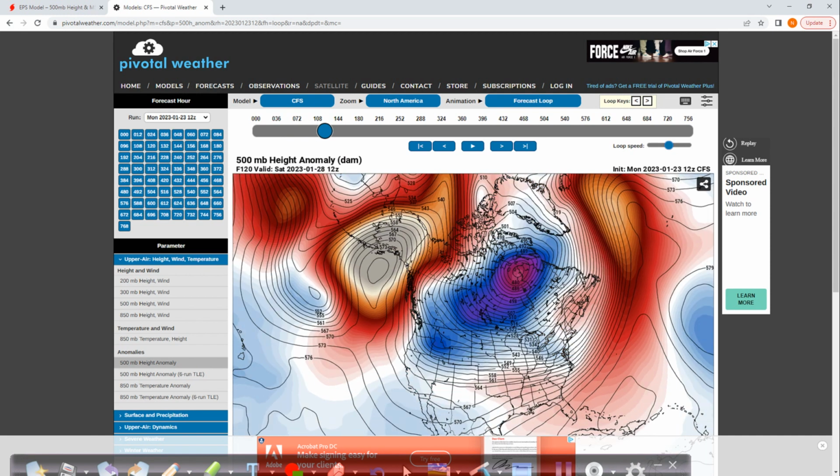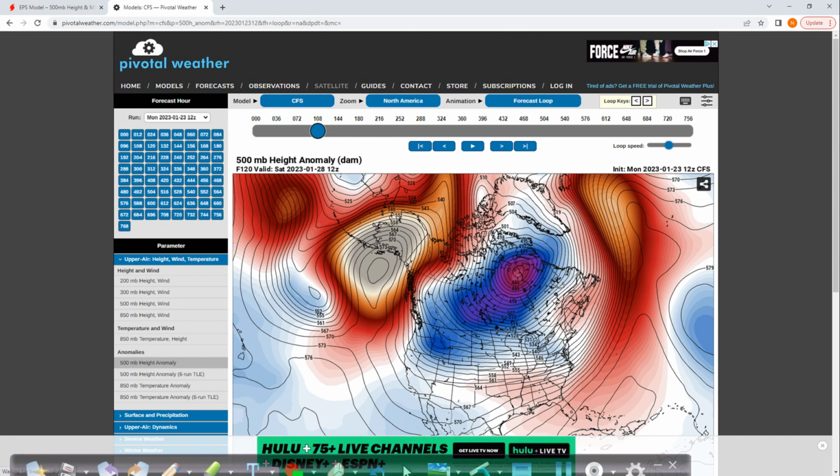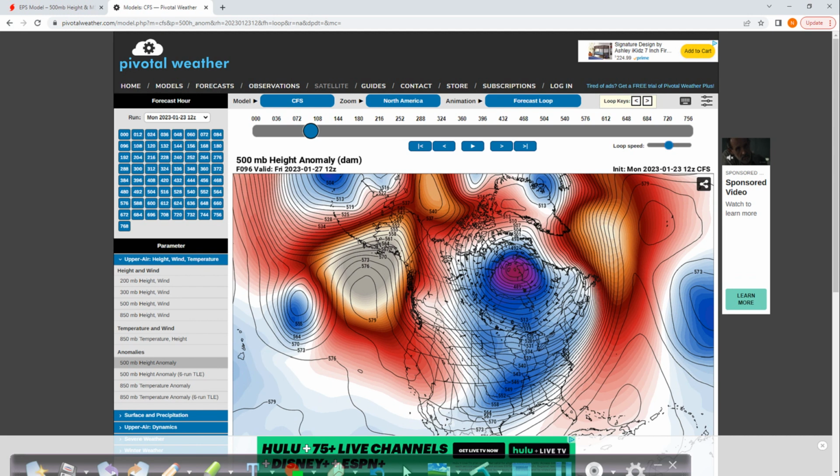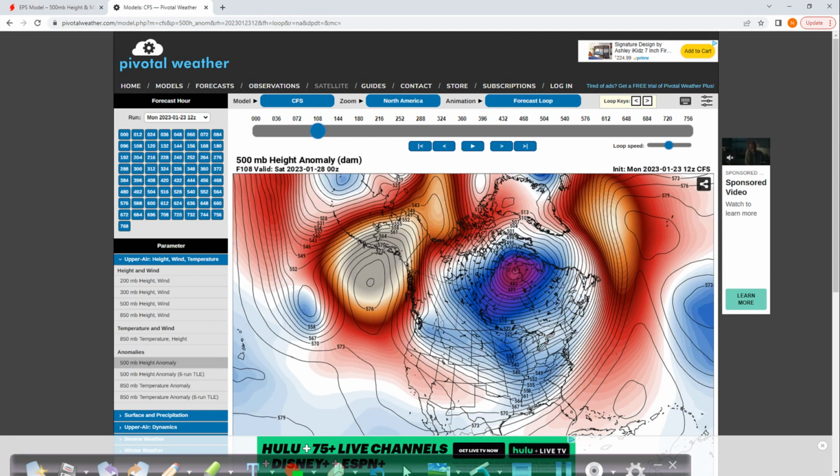So this is that first low that comes through Friday right there. I'm not going to draw to every single one. This is basically the start of that pattern change. You see this big ridge here, and then that first low that comes through here northwest. It's a little further inland. It's not as cold,